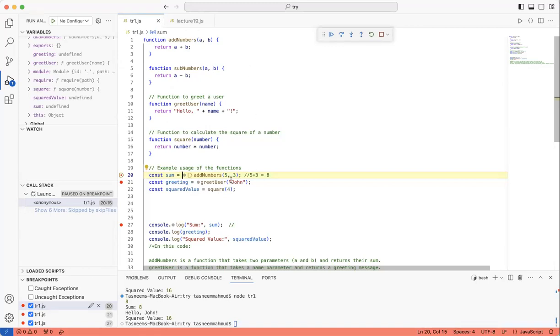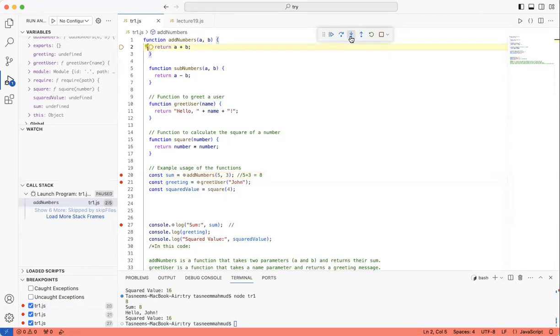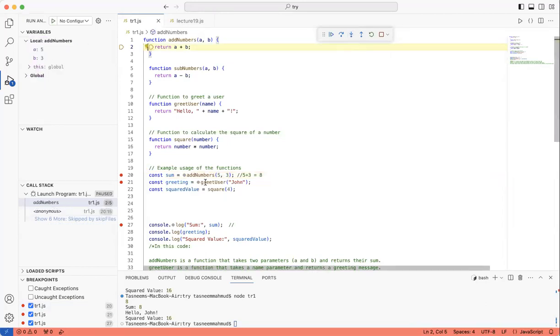Okay, but the debugger is now on line 20, so how do we redirect it to that function and that function only? For that, we use this over here that is called step into. What it does is it steps into the add numbers function. Let me click on this and see what happens. As you can see, it went inside the add numbers function to show us what's actually going on.